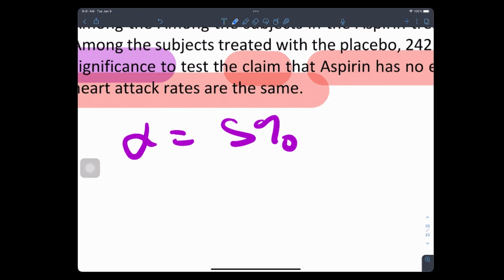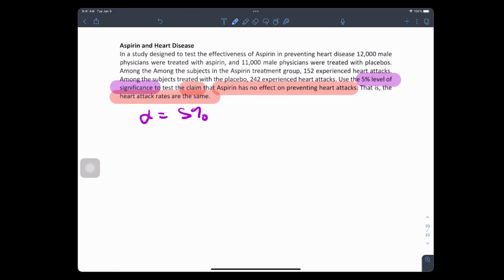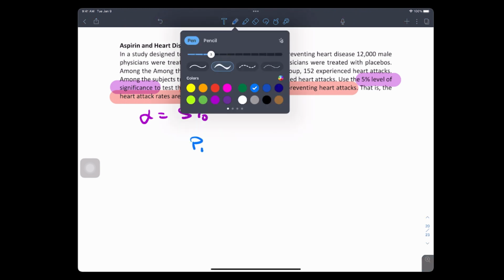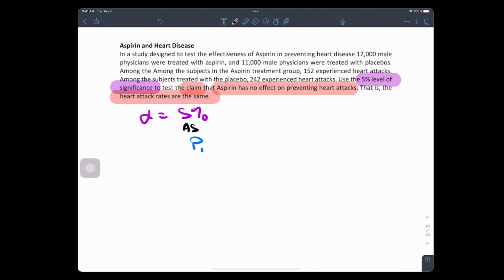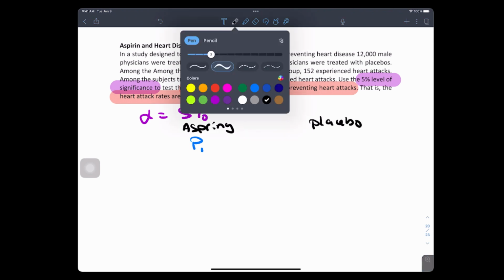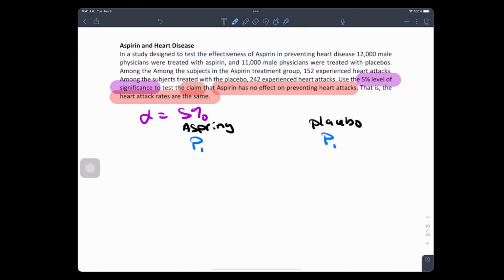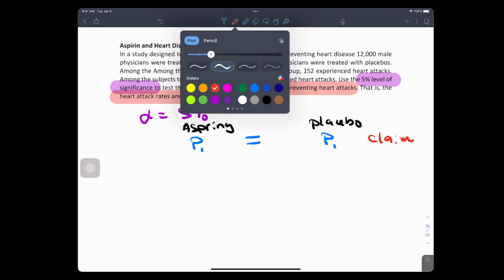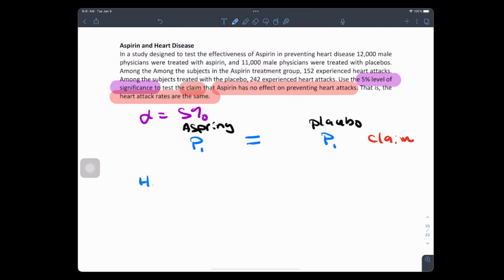Okay, so what's the rate of a heart attack? What are the two groups? Yes. You got the aspirin folks versus the placebo. And what does it mean to say they have the same heart attack rate? That it means equal. Is that right? So I wanted to go over this one as well. And I want to ask you guys, where does this go? Is that a null or is that an alternate?